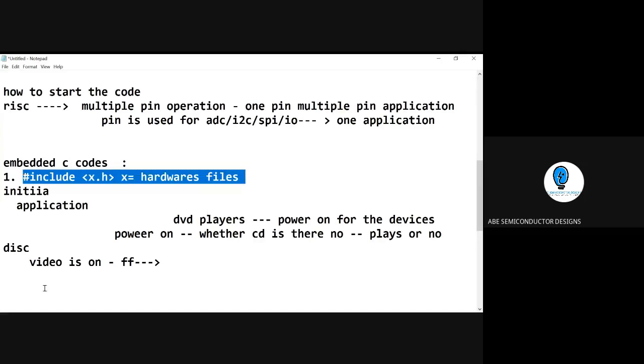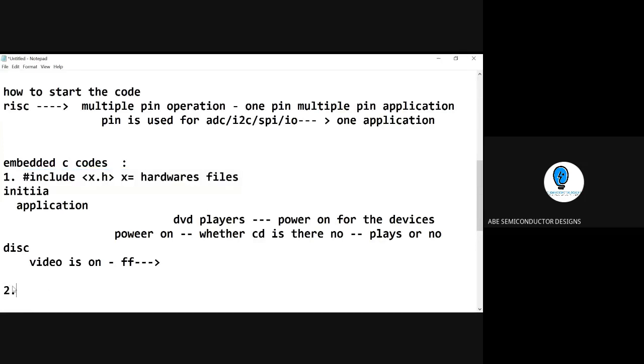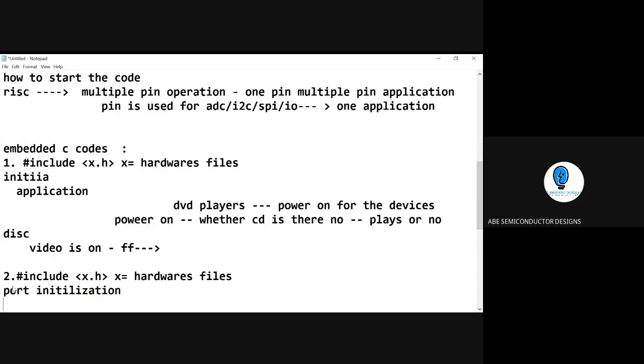The first thing is the header file. The second thing is the initialization. Here, the code initialization, everything comes into the picture. And since it is continuously looping, I'll introduce a while one.